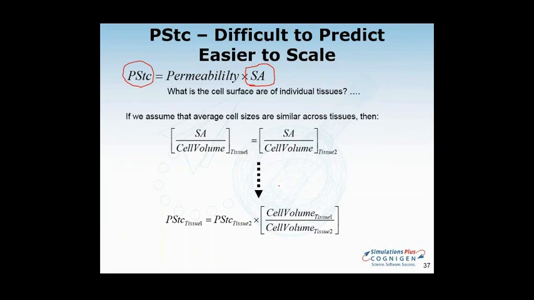And again, when going to pediatrics, we would be assuming that as the tissue grows, it's not that each cell grows as much as it's adding new cells to the tissue. That's how the tissue grows. It's increasing the number of cells rather than creating some giant cells. So now the key would be figuring out one permeability surface area product for one of the tissues, and then through cell volumes of the tissues, we would be able to scale it to all the other tissues. And here is where the problem becomes a lot simpler.